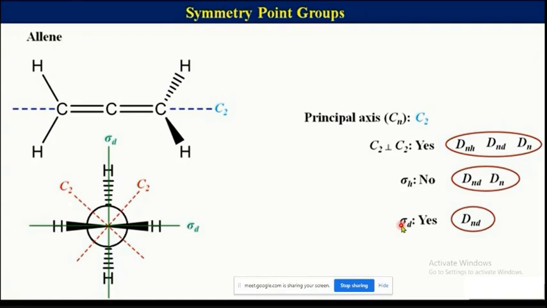In what way can you find out? You put the plane which bifurcates the Cartesian frame formed by the two C2s, or you can say the plane which passes through the middle of those C2s, and now you see whether the molecule is bifurcated or not, right? So here it is there.